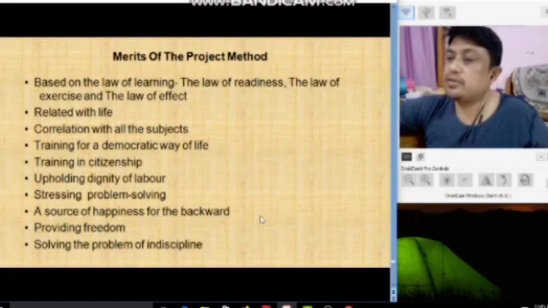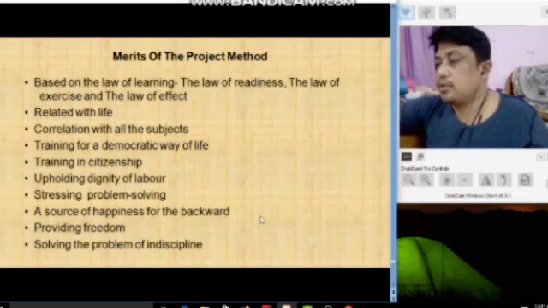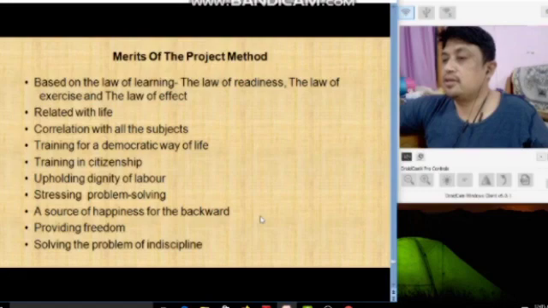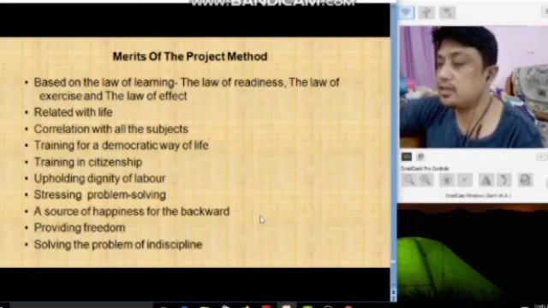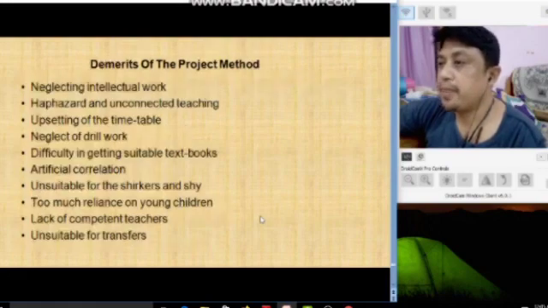It's very interesting here. It seems the merits of the project method are because of more understanding of learners, learners' freedom, and learners' interest, integrity. So it is almost completely learner centric. Here a supervisor will become only a facilitator, so that's a beautiful one. Demerits of the project method: